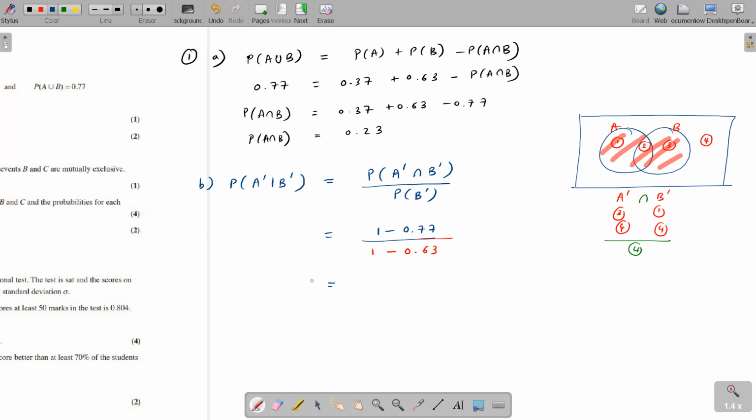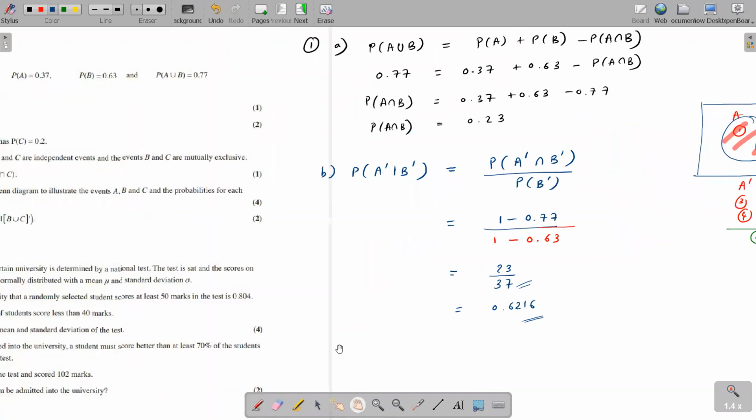First tell me the fraction answer, then tell me the decimal. 23 over 37 is the fraction, and then the decimal is 0. You should write the recurring decimal. Yes, that is a decimal. Okay, so that's the answer.